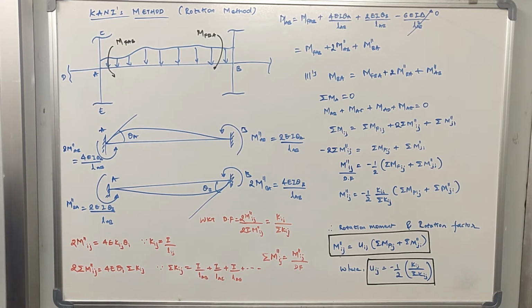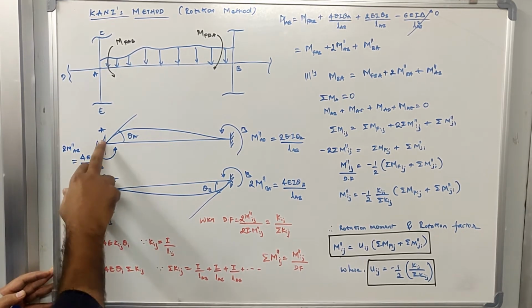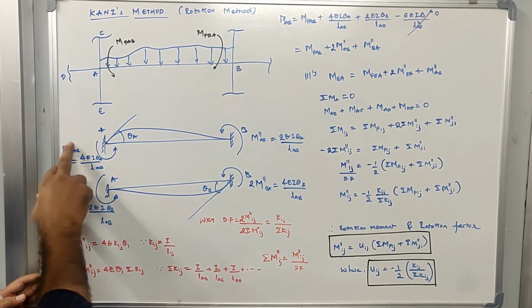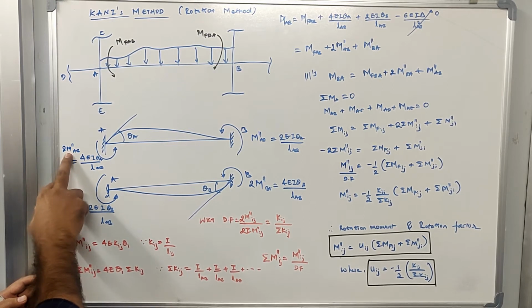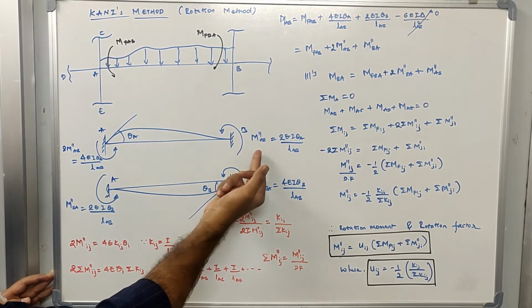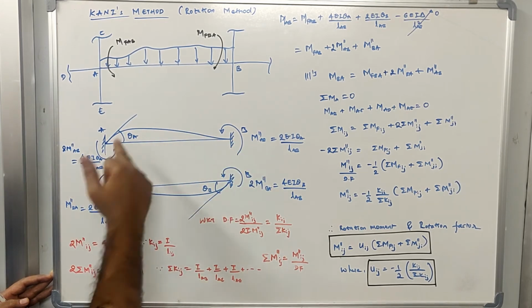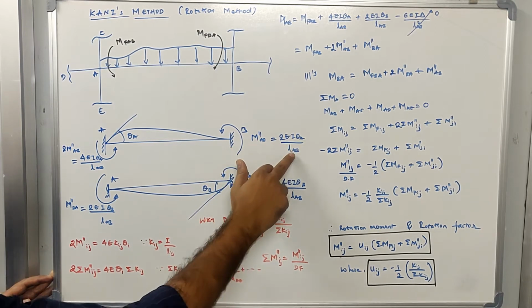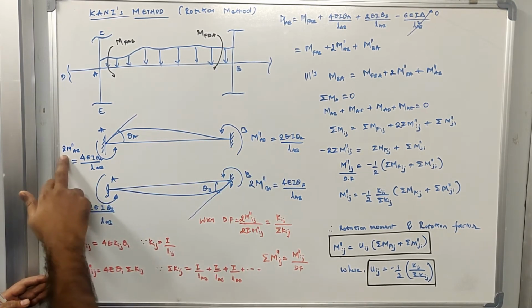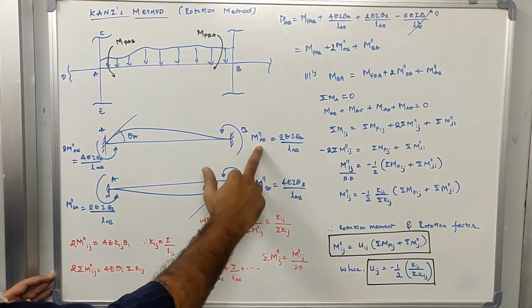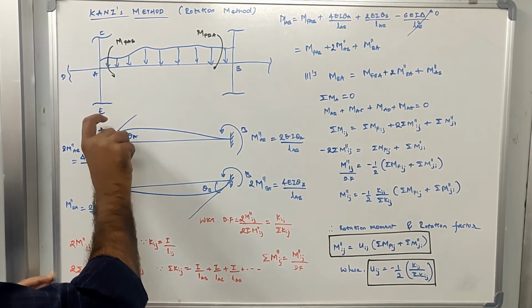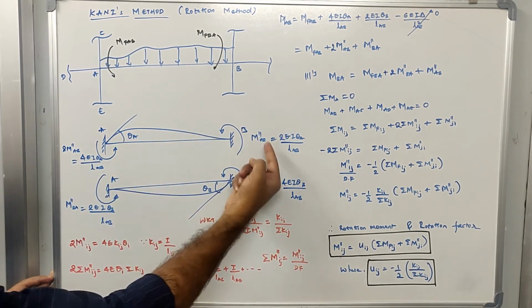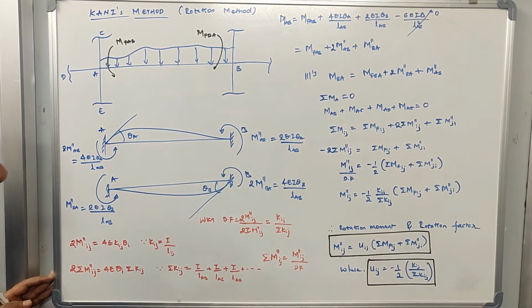Okay, so now we know that the value of the rotation moment over here will be 4 EI theta A divided by LAB. So I will call this 2 times m double dash AB. At the far end, how much will be the moment that will be carried over? It will be half of this, which is 2 EI theta A divided by LAB. So if here it is 2 m double dash AB, here it will be m double dash AB. Now from this figure, if a theta gets generated, the moment here will be 2 m double dash AB, and the moment at the far end will be m double dash AB.